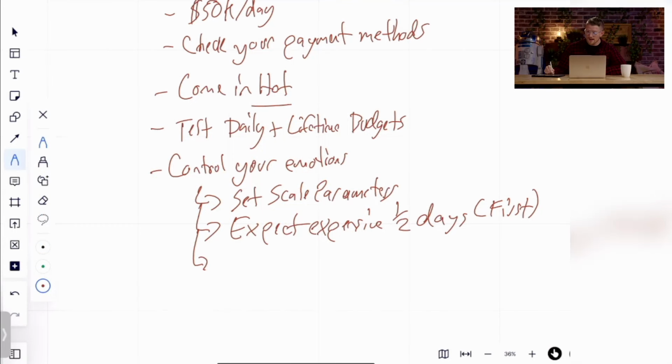And once that happens, CPMs start to go down, and then you can start to gobble everything up in the evening if you're smart with it. And so expect expensive days or expensive mornings. And then the last thing I'm gonna add in here is I'm gonna say set predefined